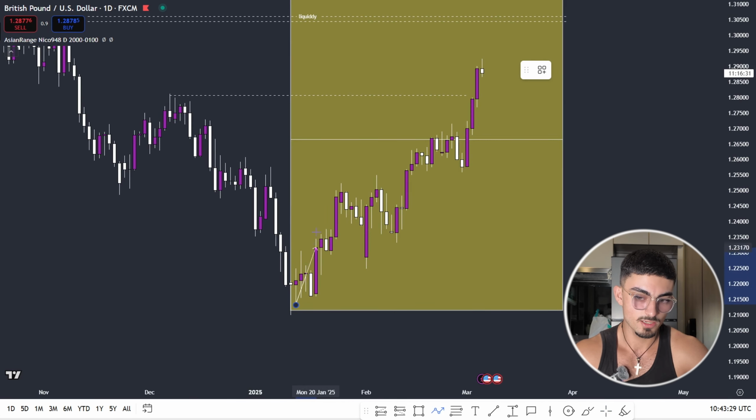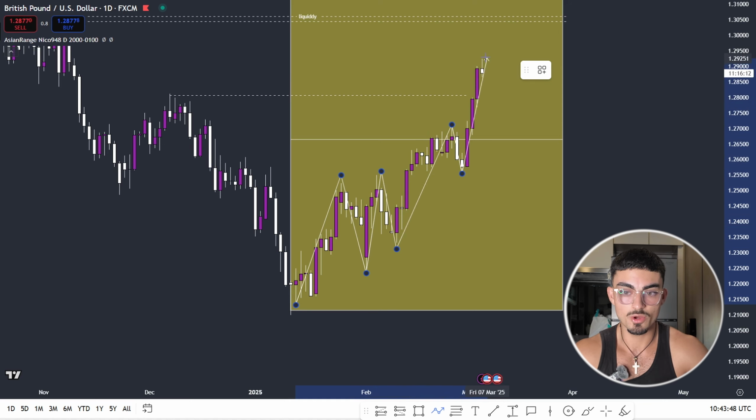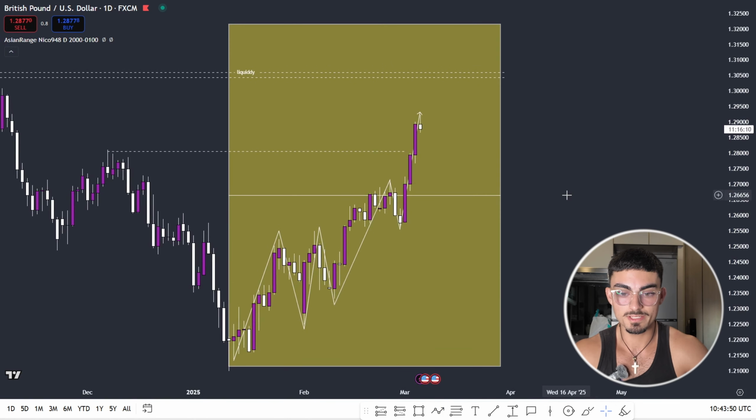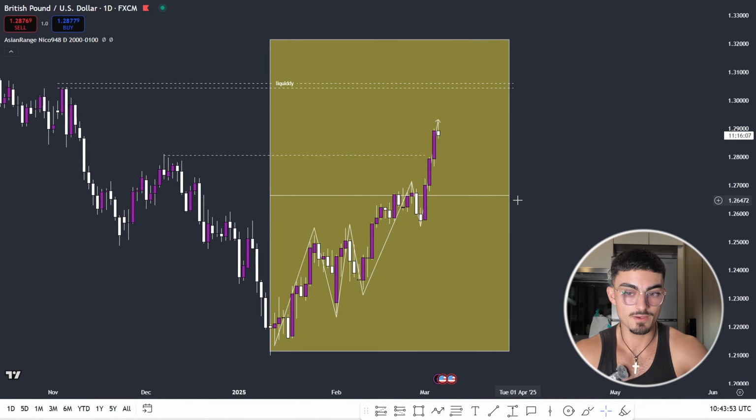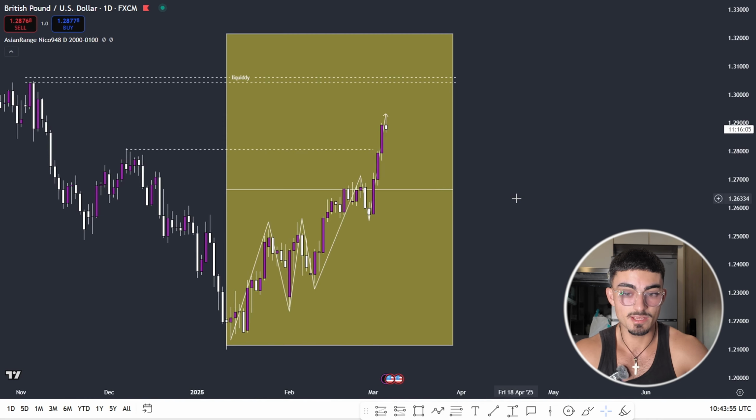If you start from here and pull up to here, you got a higher low down here, a higher high right here. It's not ideal though, because ideally you want this to be a body close, but it was just a wick. But let's still count it as a higher low here, and a higher high somewhere up here. Then we have a pullback here, and then we continue going higher up here. So as you can see, the market structure on the daily time frame is clearly bullish.